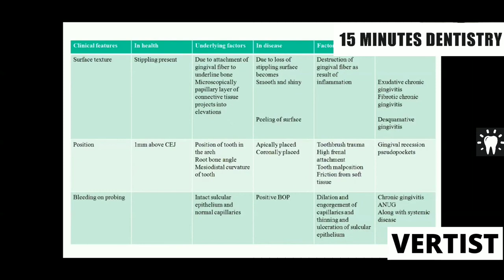Now, we will see the next clinical feature, that is bleeding on probing. Normally, bleeding on probing is not present because there is an intact sulcular epithelium and normal capillaries. But when disease condition is present, like chronic gingivitis, or when any systemic diseases are present, bleeding on probing is present. Now, this bleeding on probing is present because there is a dilatation and engorgement of the capillaries, and there is a thinning and ulceration of the sulcular